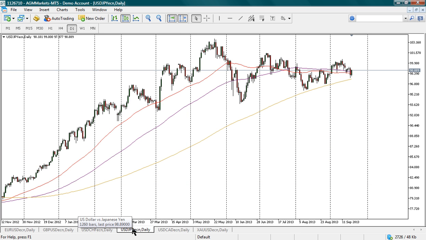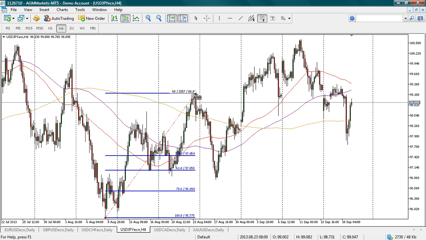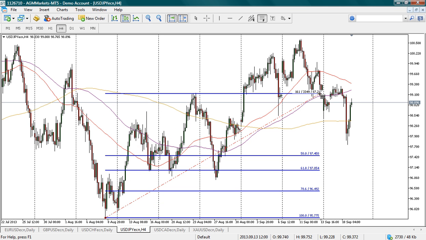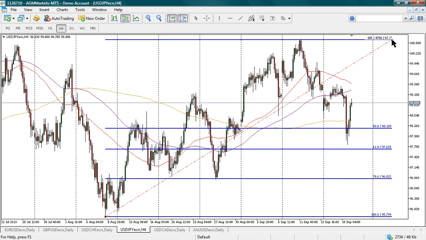The dollar yen chart, not as interesting as the other pairs. We spoke about it in last week's video, not massively interesting, although what I do think is interesting is on the 4 hour chart. This is the time frame that I've been looking at for this week. We had a fib move here from the lows to the highs, which came off in between this 61.8% retracement and 78.6% retracement. So bear in mind that as a range, because then if you extend your fib to the high, then you extend your low to the low where we bounced off of there on that setup,